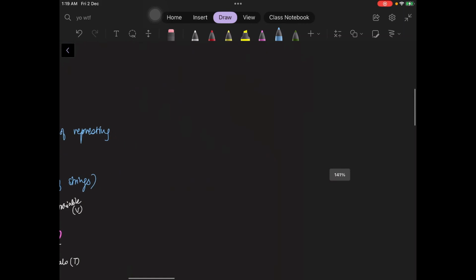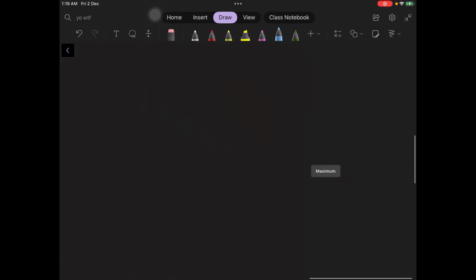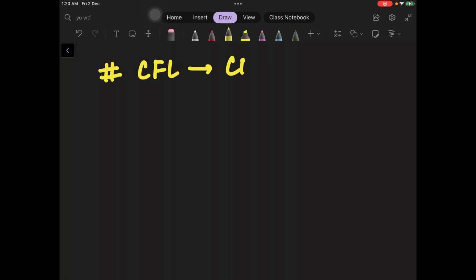So let me just get a good area for it. This might be the place for us. So here let us go from context-free language to context-free grammar. Now, like before we saw how to go from a grammar to language, now let us go from language to grammar, just do what we did right now